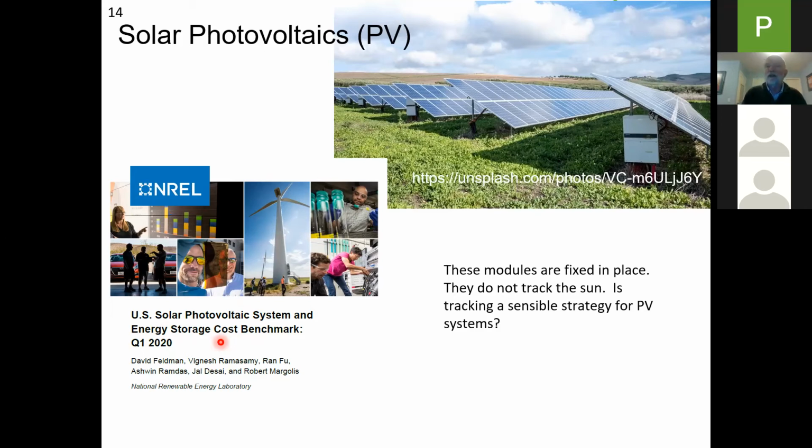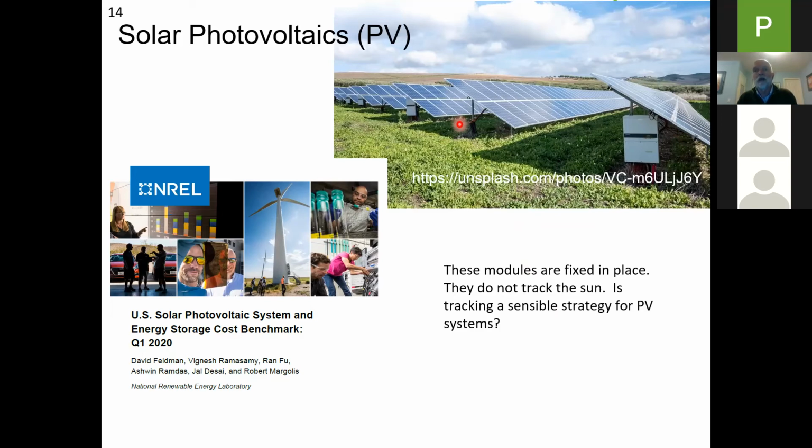One of the difficulties, or one of the interesting things that you have when you teach a course like this, is that every time you teach a course on renewable energy, you have to update your information, because you've seen from the previous slides how rapidly the price of wind turbines has decreased over the last 10 years. Same with photovoltaics, same with storage, same with lots of other components that go into renewable energy systems. So every time I teach this course, I have to update my information. So here's a typical